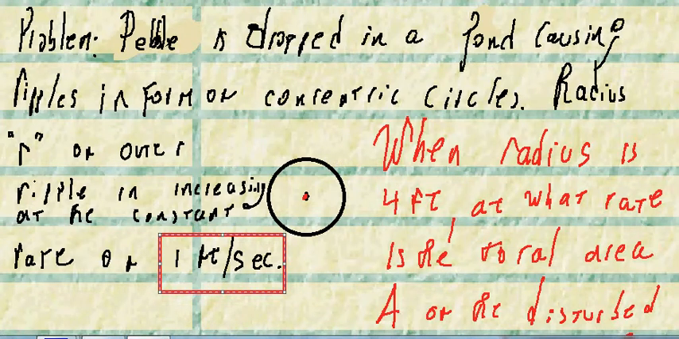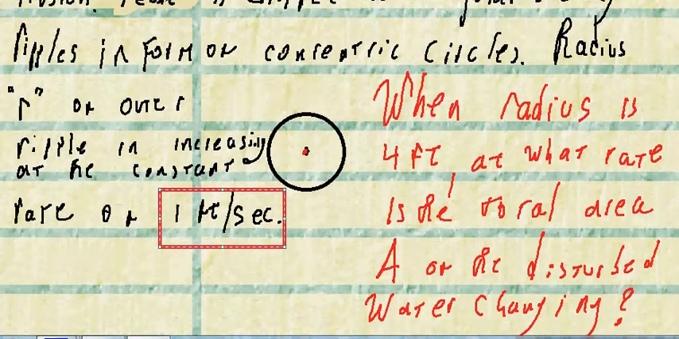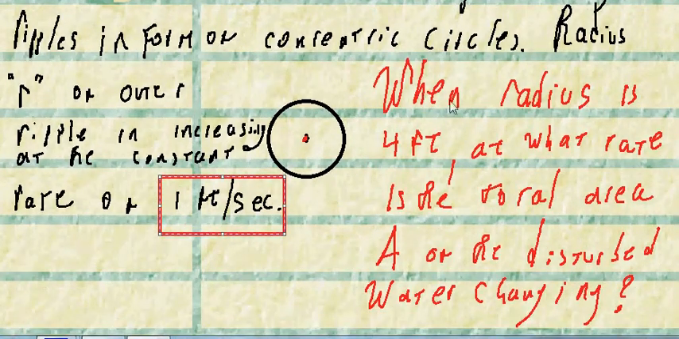So now the question is, these circles are advancing at the constant rate of 1 foot per second, right? So 1 foot per second. The people who gave me this problem are interested in knowing when the radius is 4 feet. Okay, so let's see what they mean by that. So when this radius here is 4 feet,